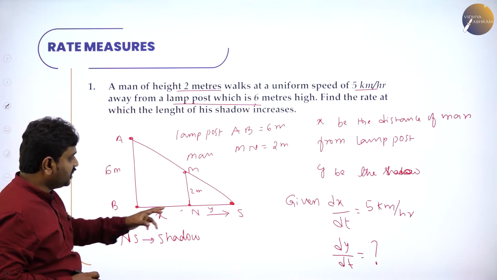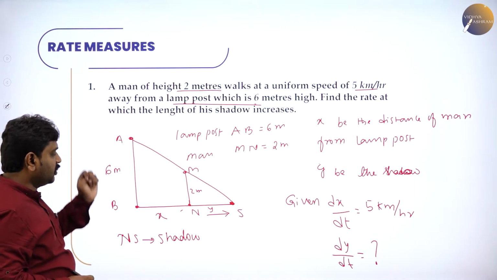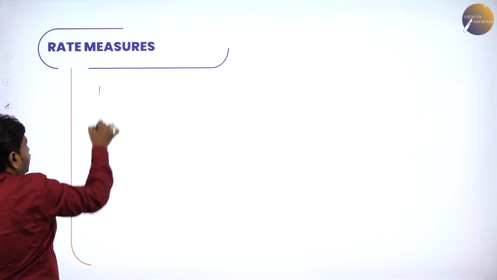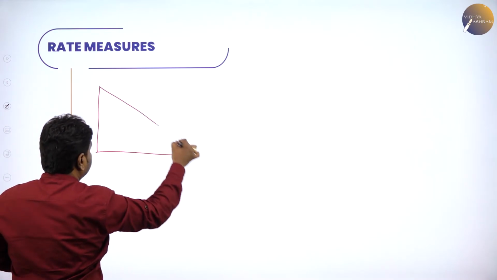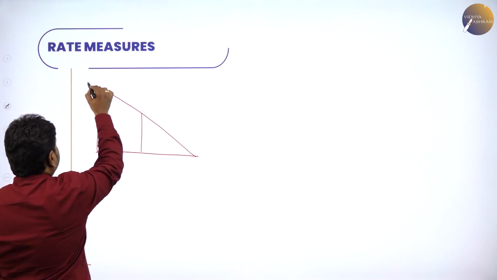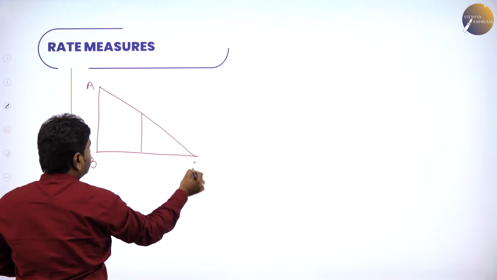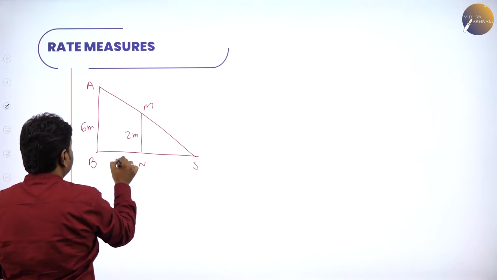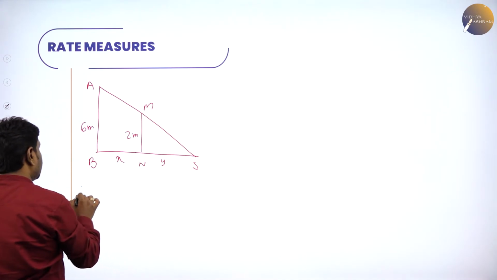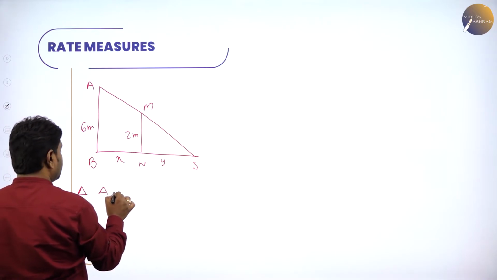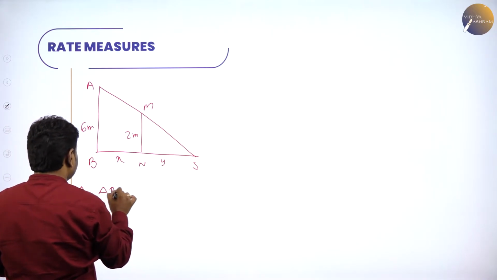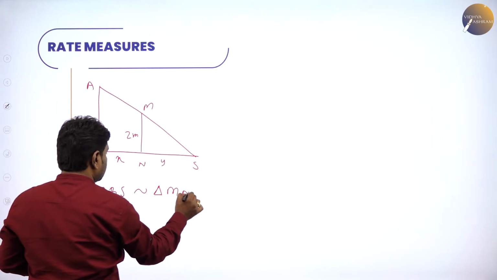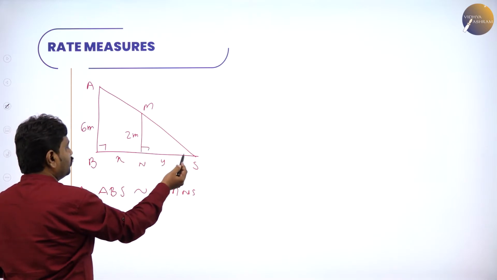You can see two triangles. One is ABS, the other one is MNS, and both are similar triangles. Again, this was the diagram we got. Two triangles were there, ABS and MNS, and this is 6 meters and this is 2 meters. This was X and this was Y. And triangle